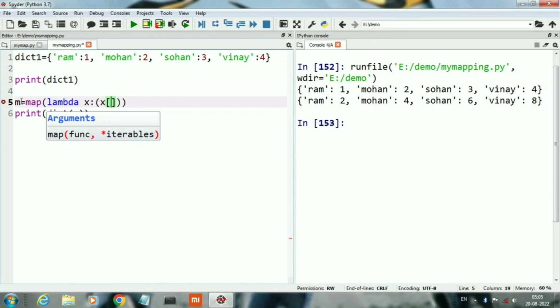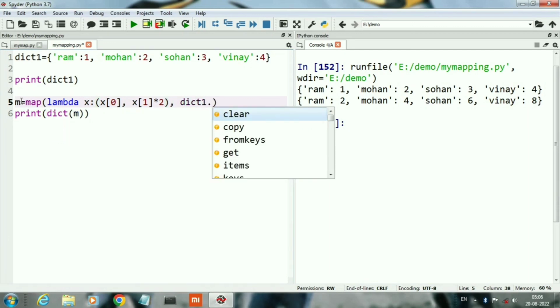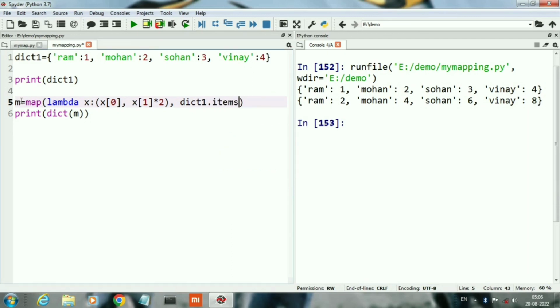Here each element is a series. Same, x0 is showing the key and x1 is showing the value of our dictionary element, and then we just double the dictionary element, and the second argument is dictionary dot items.